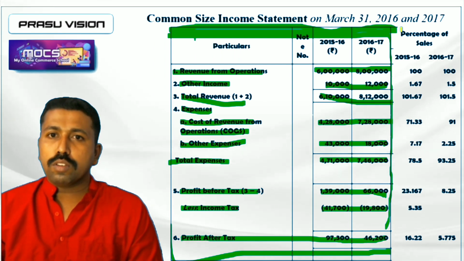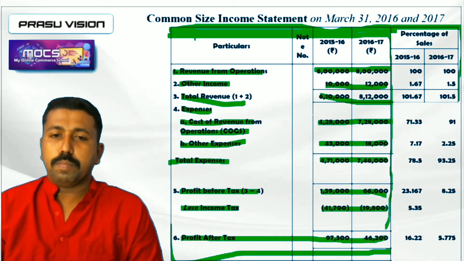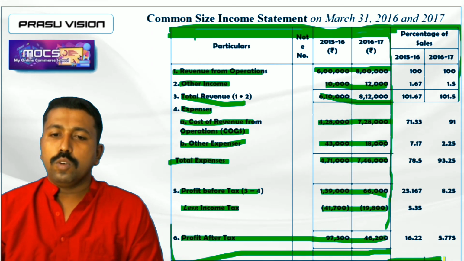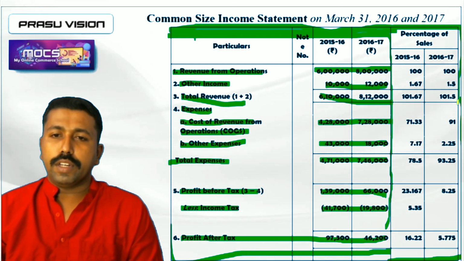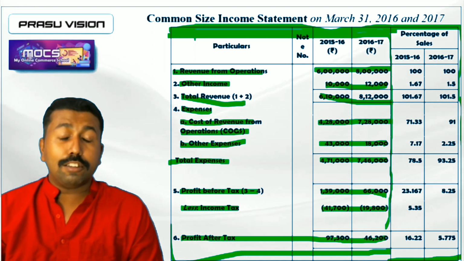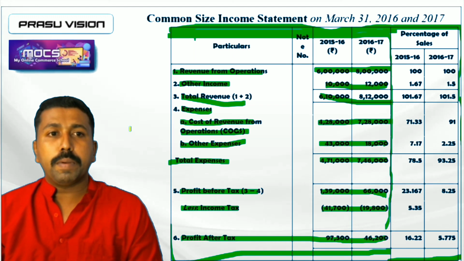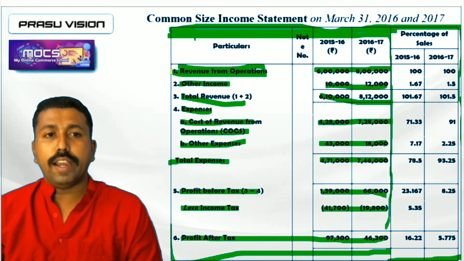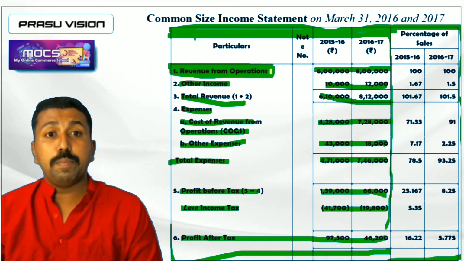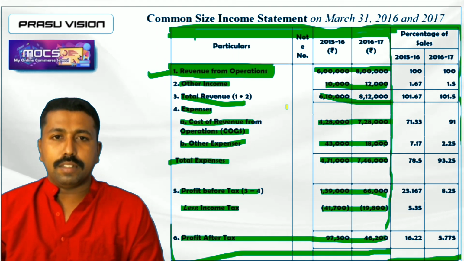But when we go through the solution, my dear students, we will definitely get one question for 4 marks in the board exam. So how can we find out the percentage? That is the question you have to keep in mind. The question is very simple, and the answer is also very simple to remember. Revenue from operation will be taken as the base value to calculate the percentage. So this one will be taken to find out the percentage.